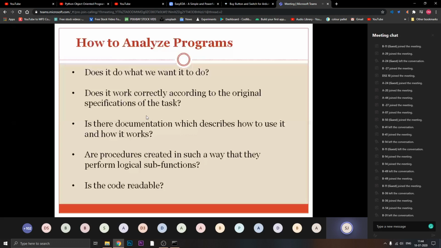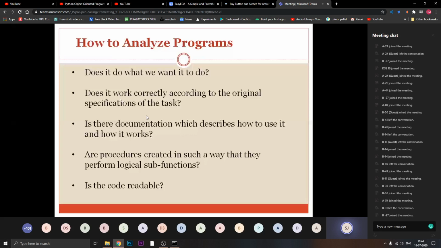Next, does it work correctly according to the original specification of the task? In the sense, the variables I have declared are taking the actual values I want. If I want a plus b, the variables should be of integer type, not character. Then only can you perform the addition operation. So everything works correctly according to the original specification of the task.